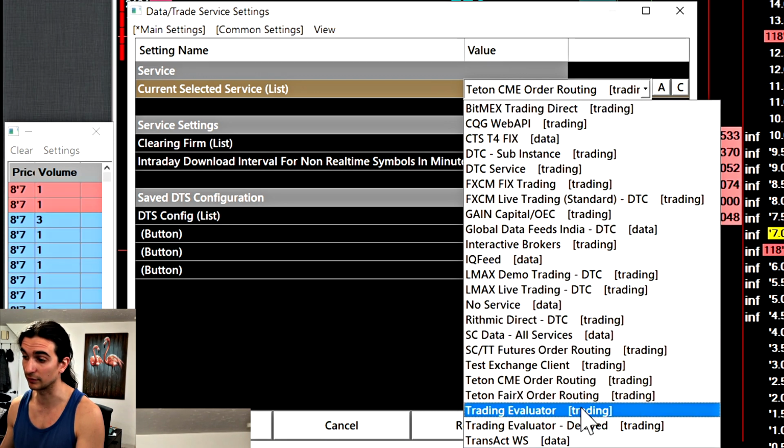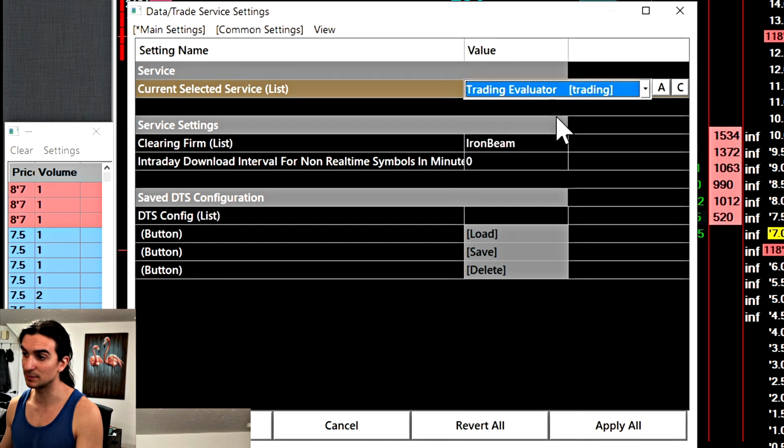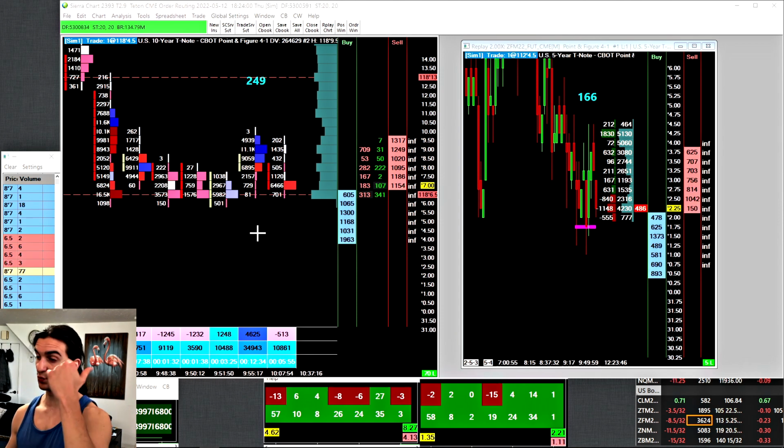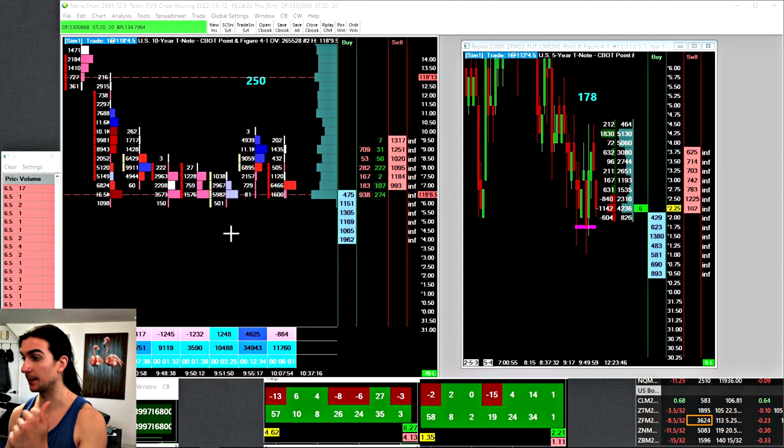They have a trading service specifically for that, where you can create your own dedicated accounts. You can create as many accounts as you want. You can set their account balances and all that. You can even configure the margins if you want to do that. And you connect to this. It's basically like connecting to a trading service. And the symbols will be different because the symbols are always different in Sierra Chart depending on the trading service you connect to. In reality, the trading part of it is one thing that I will be measuring my progress with.